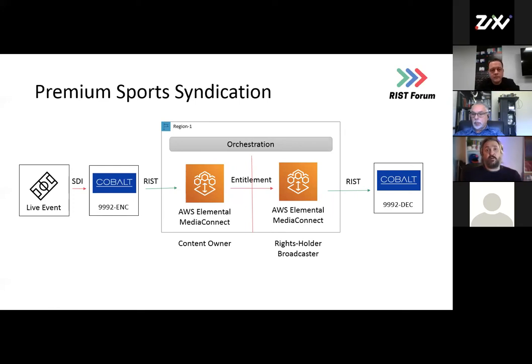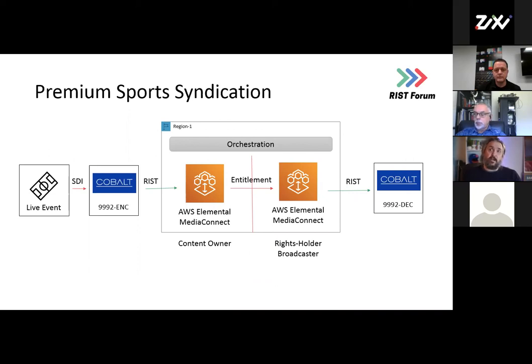If you're running a multi-day sporting event, not all of your rights holders have access to all 3 days, 24 hours a day of that event. Often it's time sliced, and access is given to rights holders on a very complex schedule. So having the agility of IP, particularly to not send the bytes when rights holders shouldn't have access to the content, not relying so heavily on encryption keys and temporary revocation of keys, but just actually stopping sending the bytes when we don't need them, is a really interesting and productive way to think about complex syndication of premium sports rights.